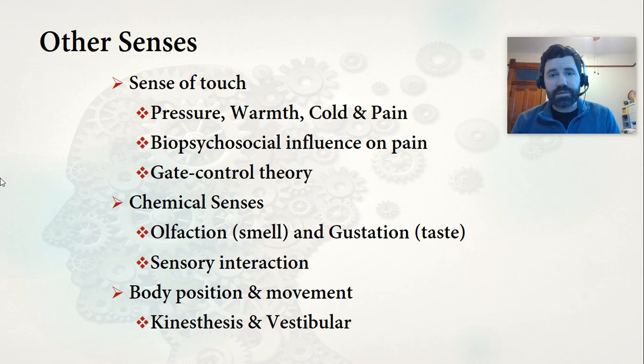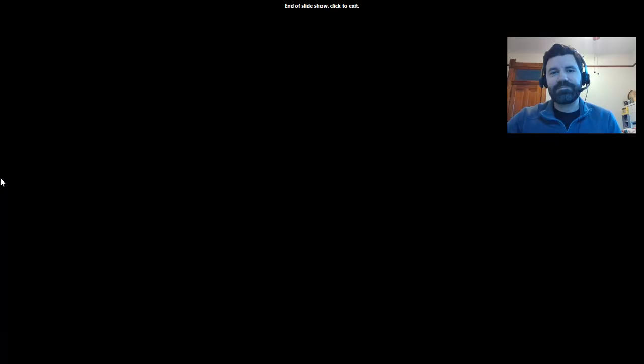Your vestibular sense, on the other hand, those neurons are located in your semicircular canals, and your vestibular sense is your body's position in relation to the world, so that you know whether you're standing up or laying down or something like that. That's going to do it for our presentation on senses, and our next presentation will be again